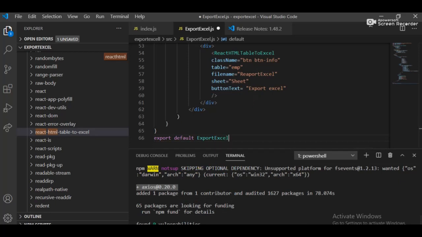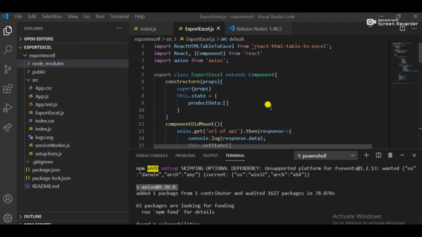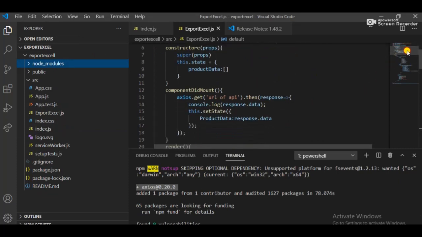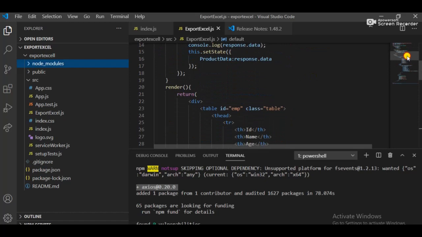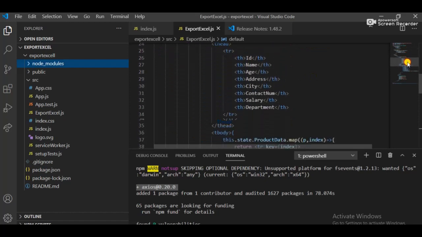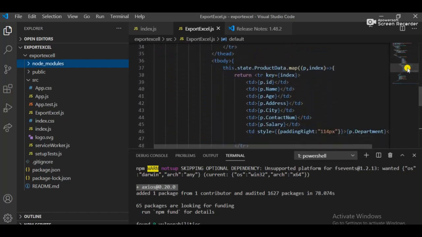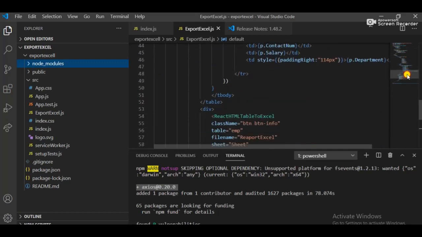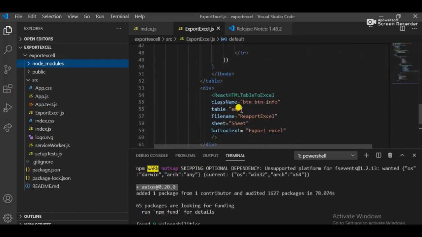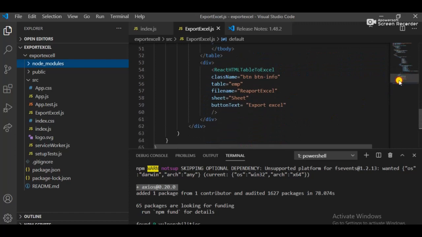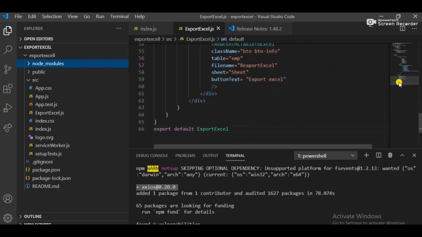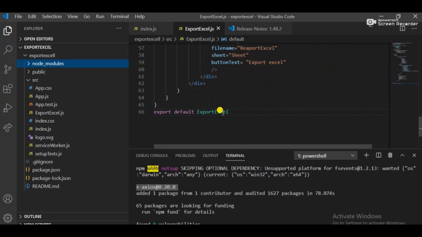You just have to remove this kind of code, like the header tag, and in the class App component, import your component ExportExcel.js.